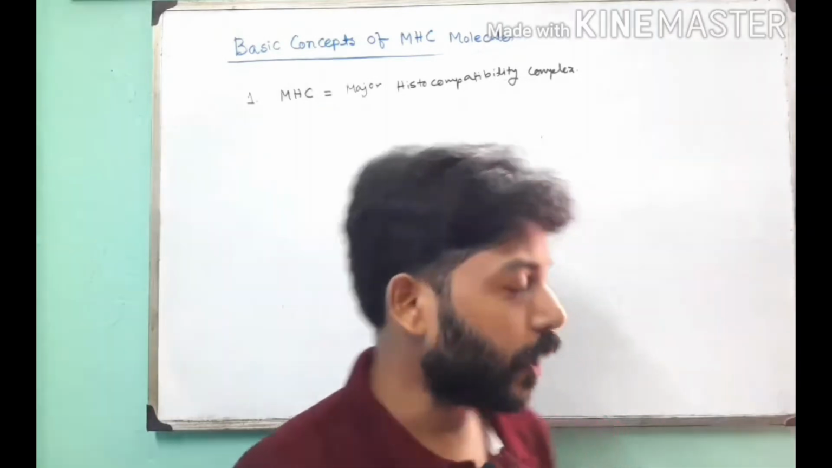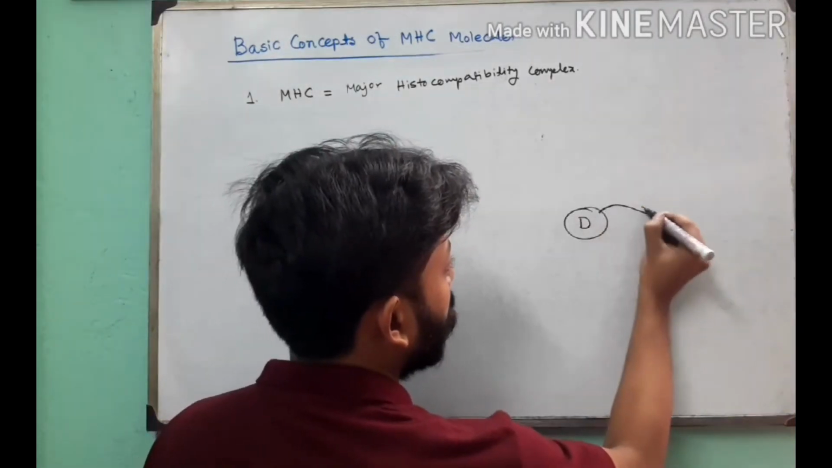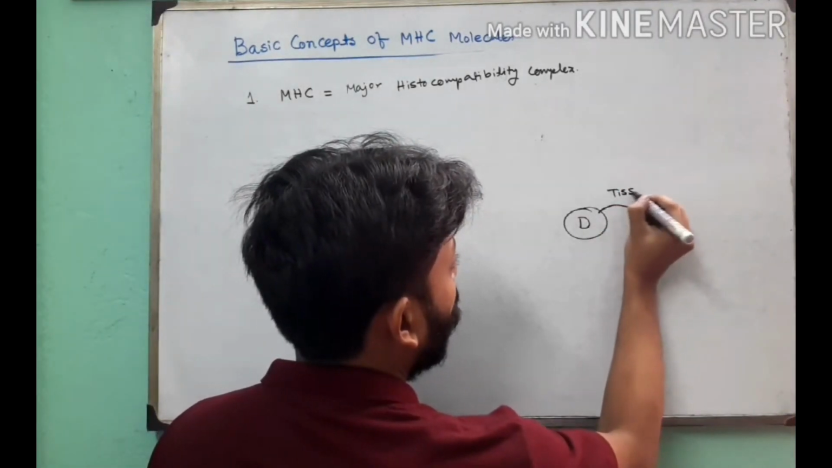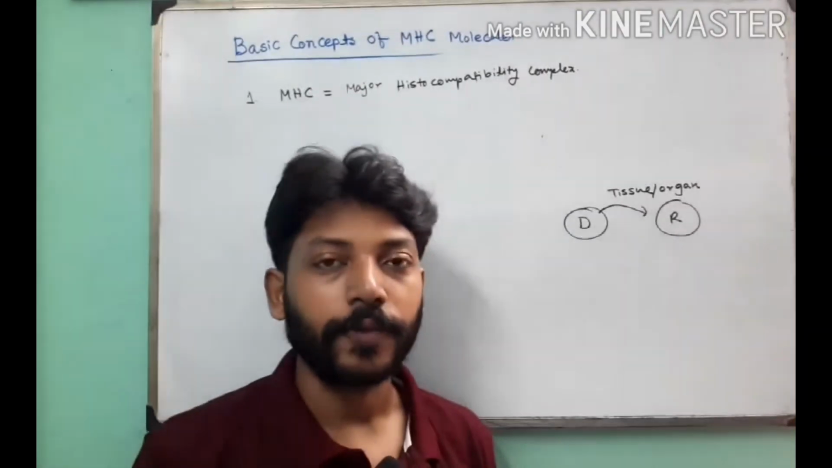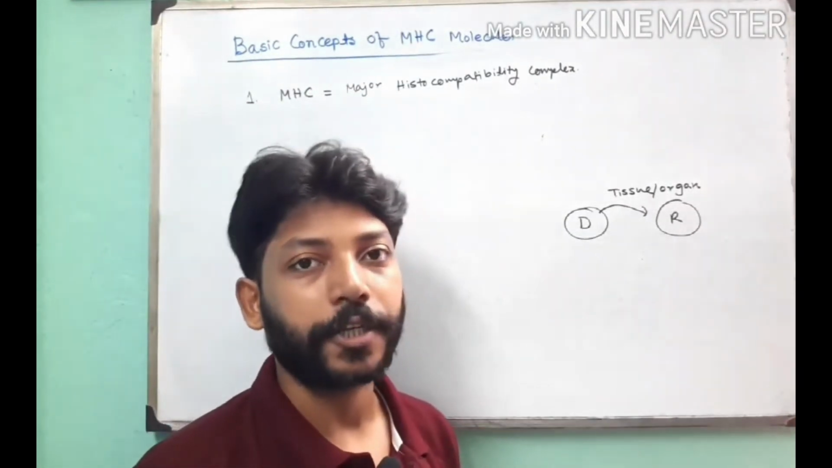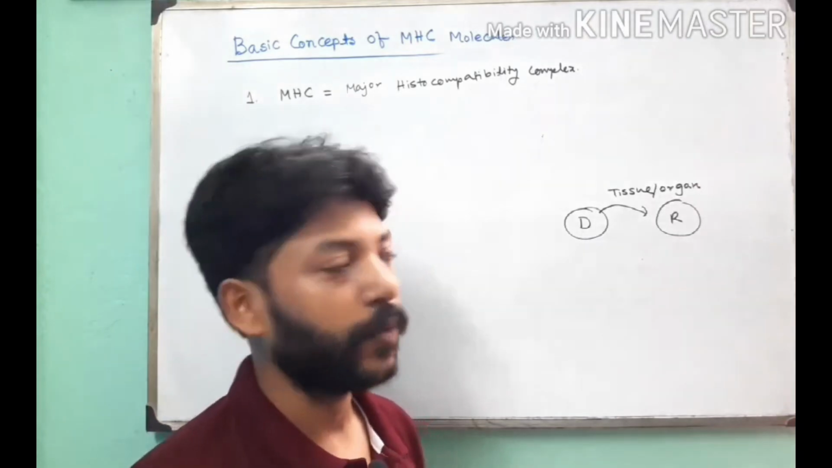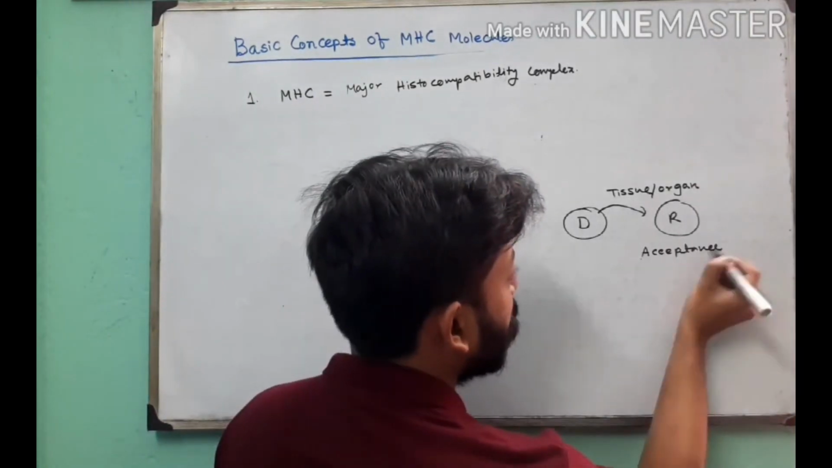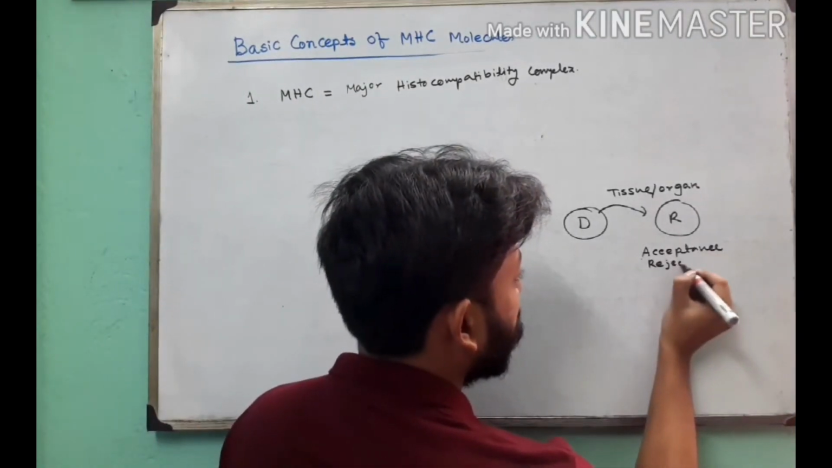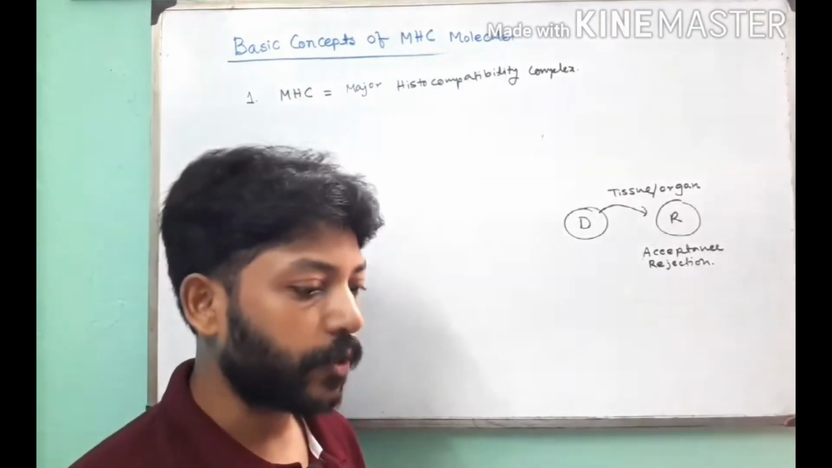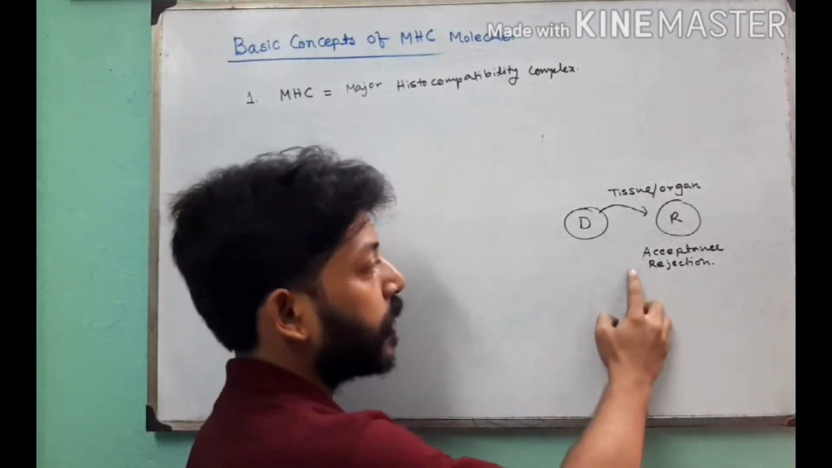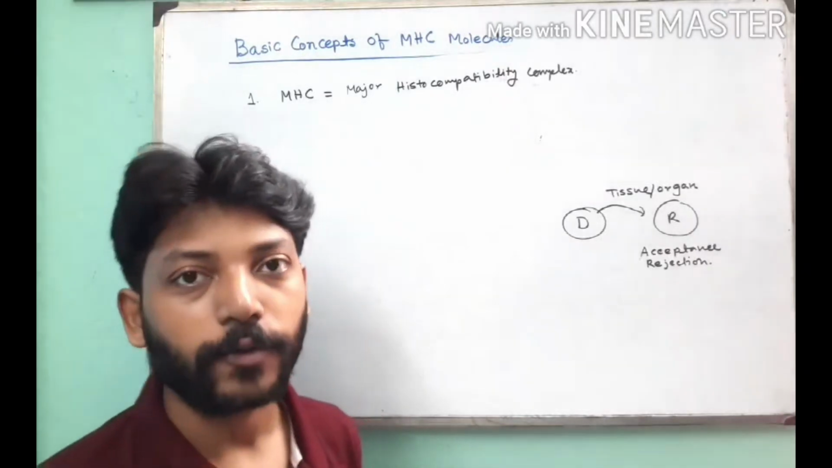What happens when a donor donates tissue or organ to a recipient? There is a chance of the acceptance or rejection of the tissue or organ. So acceptance or rejection, there are two options. So scientists were working on a molecule which is responsible for these acceptance and rejections, and they found a molecule